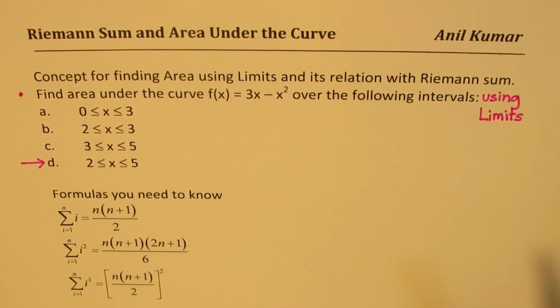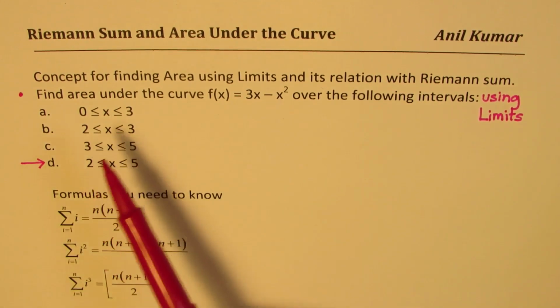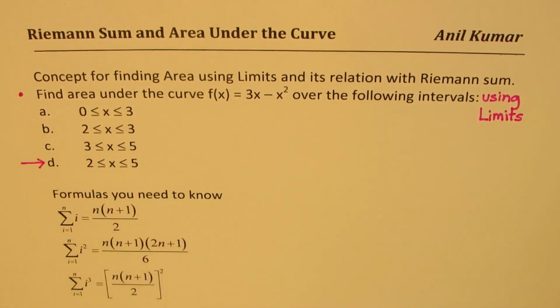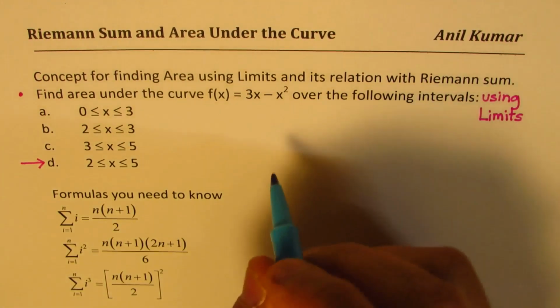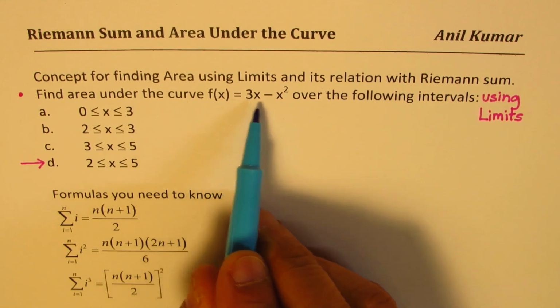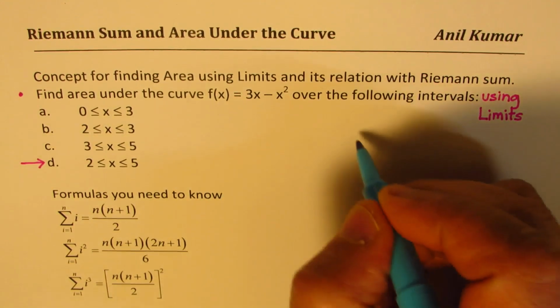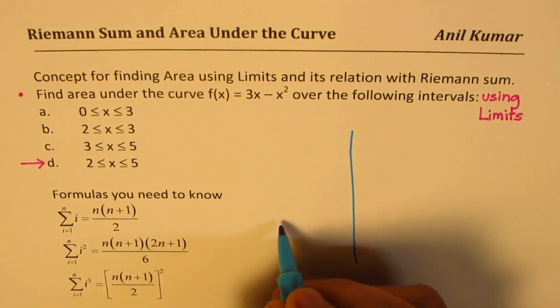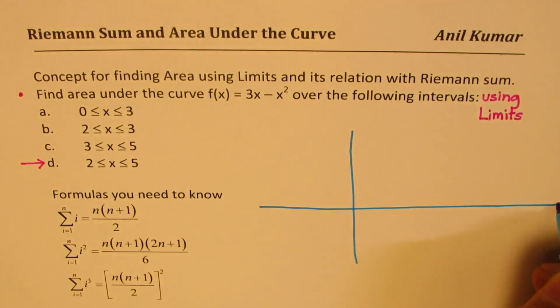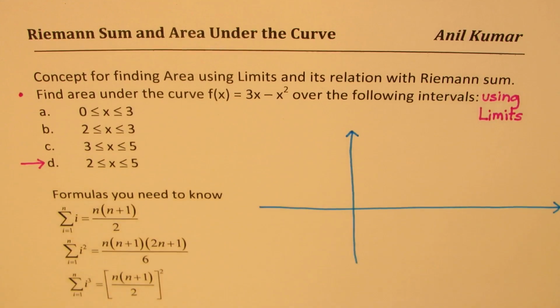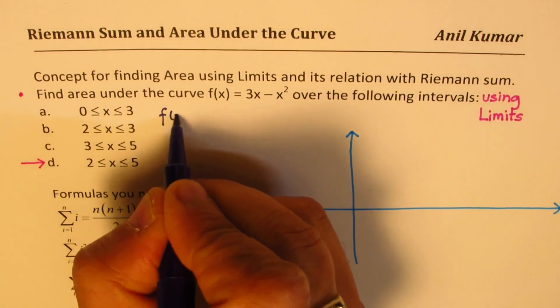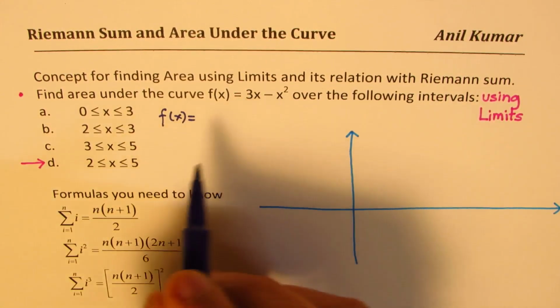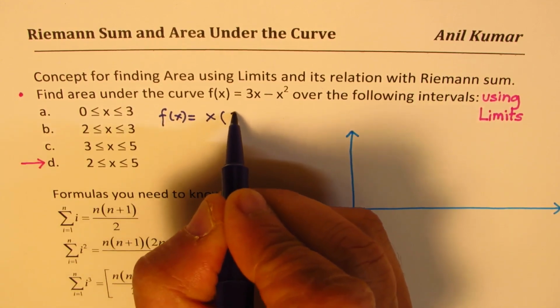Now, what I did here is split the question into many parts. Let's try to understand how we are going to solve it, and then we will actually solve. The function given to us is 3x minus x squared. So let me sketch the function here first. As usual, we'll always make rough sketches here, which are very meaningful and practical. The function is f of x equals, I can take x common just to factor and show you how to graph it,